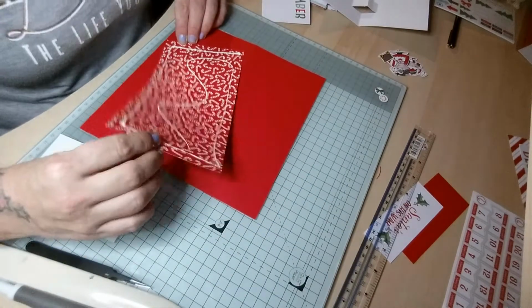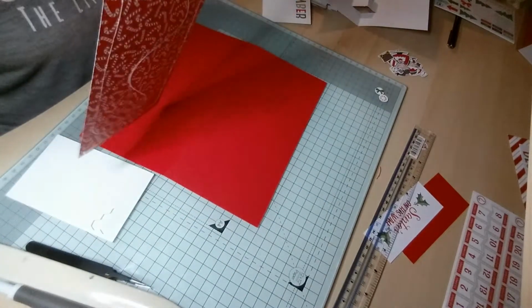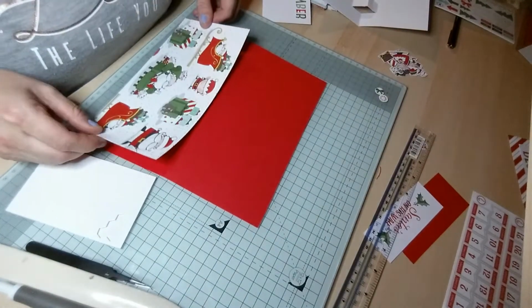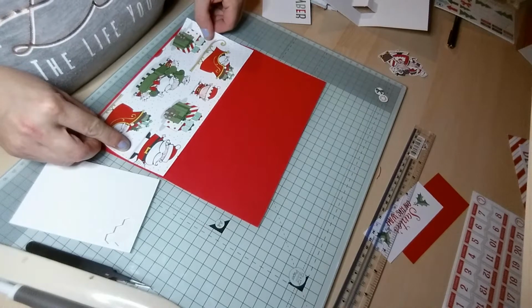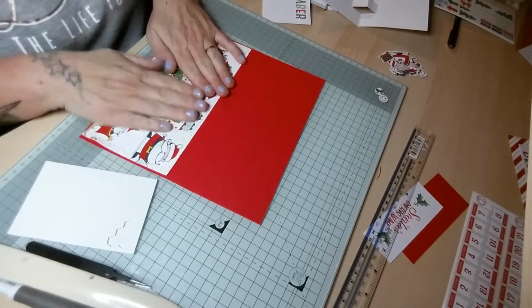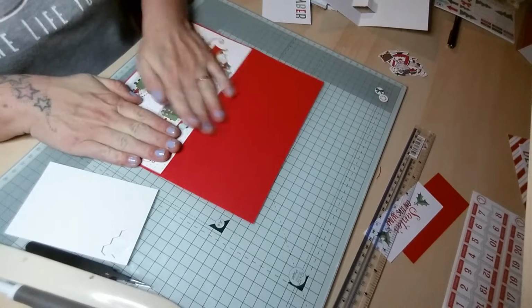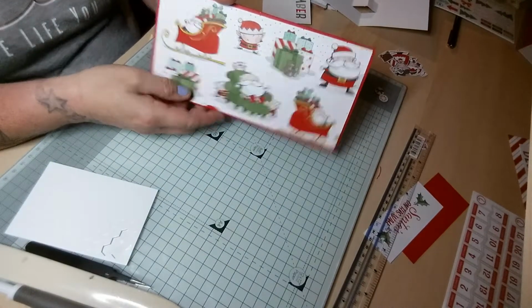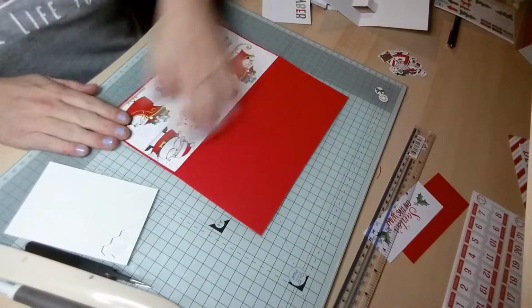Lots of glue. Oops, make sure it's the right way. Make sure you cut it the right way as well, because this is a bottom opening card. Yeah, easy. Right, so